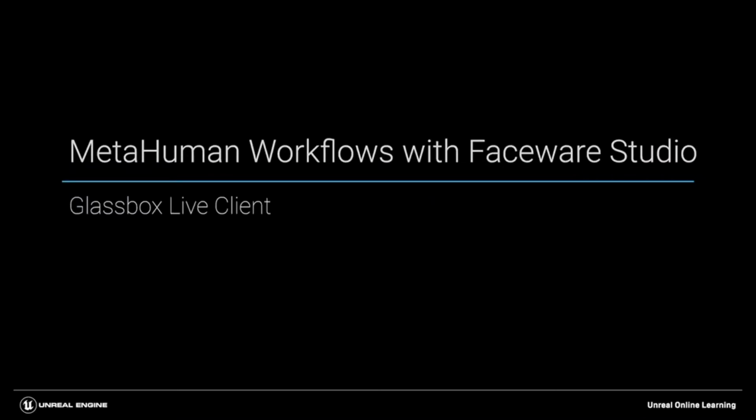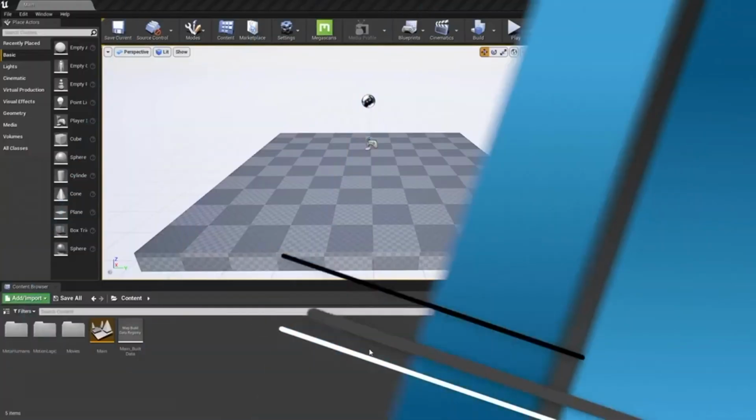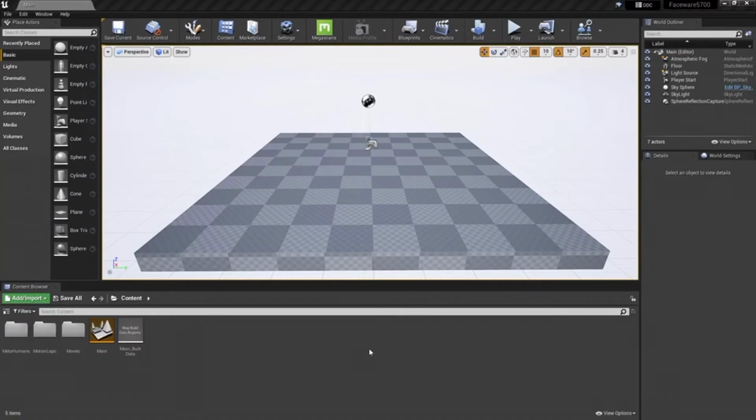In order to have a Metahuman use the facial performance data being tracked and streamed by Faceware Studio, we'll need to configure a Metahuman in Unreal Engine to receive that data and apply the data to the facial controls. In this module, we'll go through an example using our example project and apply the data to our Metahuman from